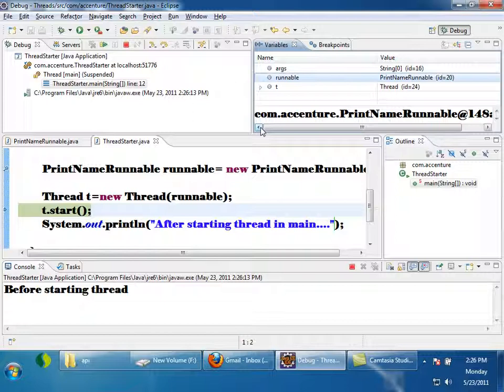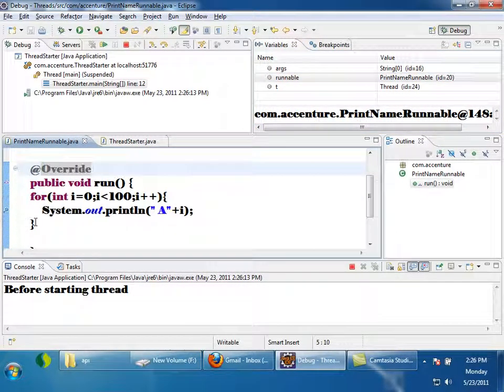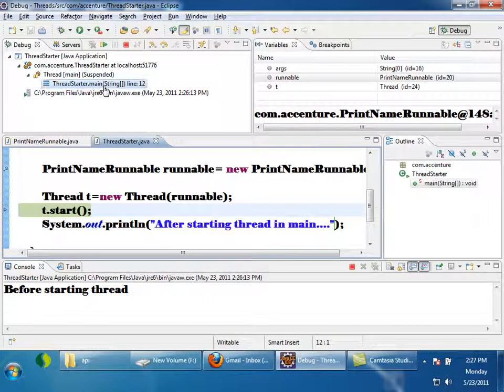And if I call start, what it will do? It will ask the operating system to start a thread. Right? What is the duty of the thread? To execute some code, right? So once it starts, what is the code it has to execute? When creating thread object, we have already passed the reference of this runnable object. So once the thread starts, what it will do? It will start executing the run method of this runnable object. Okay? So now I have already kept a breakpoint here. Once the control comes, it will stop. Okay, coming here, I'll press F6.